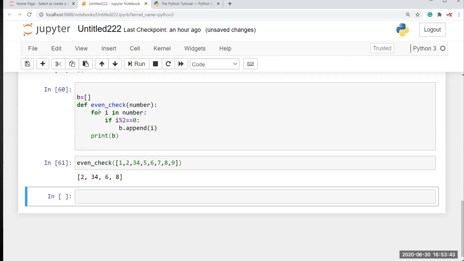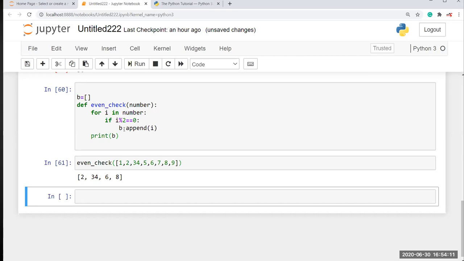You can use this logic to add your for loop temporary file values into B, or whatever variable you want. You can add by using the append method and return your value in list form. Okay,